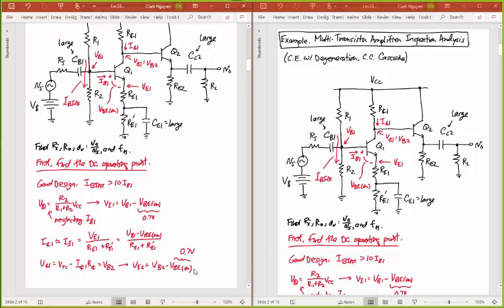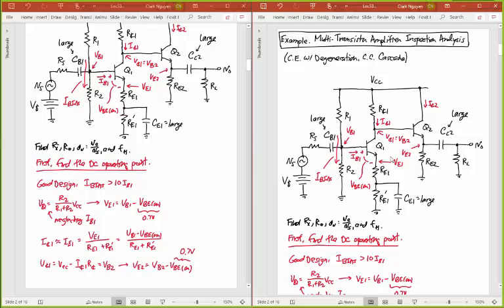We're just going to assume that when we're actually plugging in numbers. I won't plug in numbers for this problem here because that would just take a bit too much time. But I will at least write all of the equations there. So I have VE2, and once I have VE2 right here, this voltage, now I have the voltage drop across RE2, which means now I have the collector current